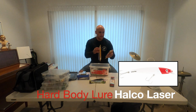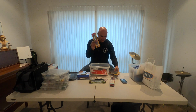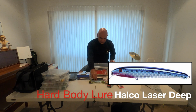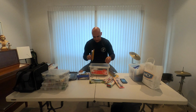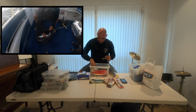Even got some classic Halcos. I've used those over the years. I've got them all in red and white, my favourite. As you notice, red and white seem to be the go-to lure. These are more like your mackerel style. I like them looking like the fish or bait fish that they're actually trapping at the time. Some poppers,